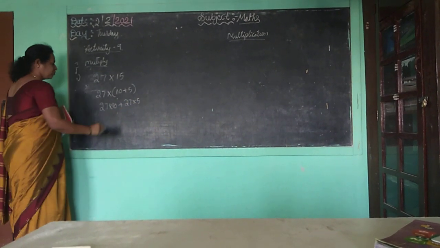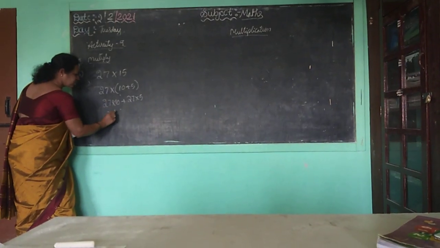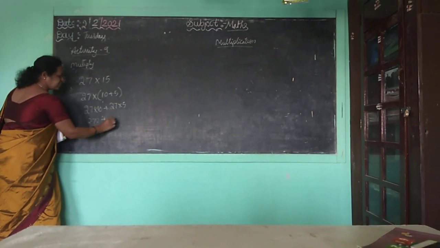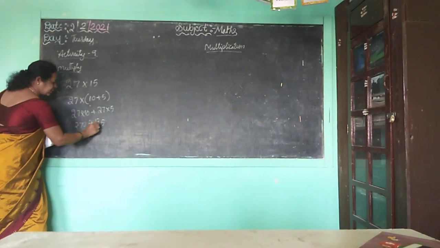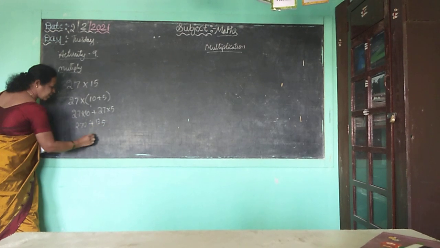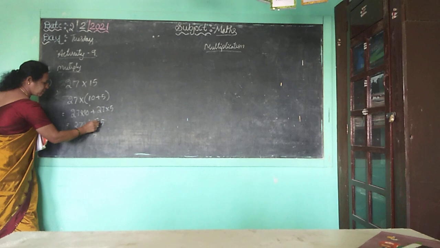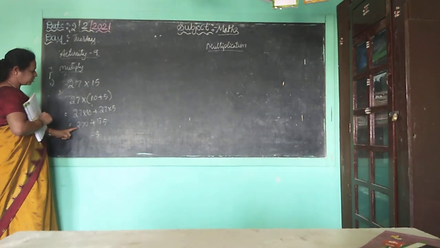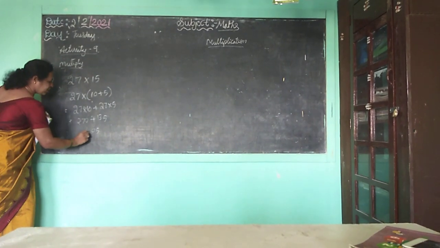Okay children, first multiply 27 by 10: 1 seven is 7, 1 two is 2, and there is one 0, put it on the right side of the number. Plus 5 sevens are 35, 3 carry, 5 twos are 10 plus 3 is 13. Now add: ones place 0 plus 5 is 5, tens place 7 plus 3 is 10, write 0, 1 carry, hundreds place 2 plus 1 is 3. That is 405.